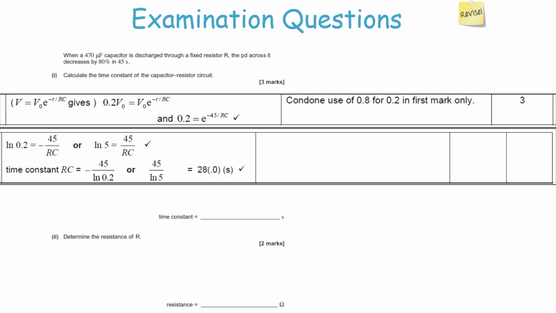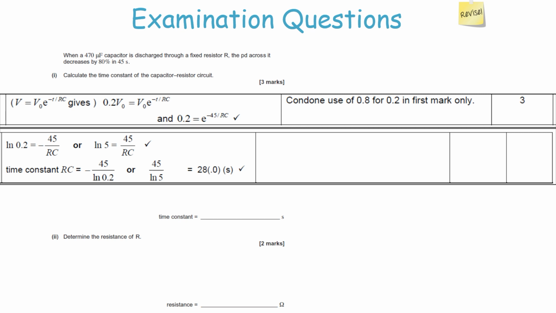So at that point we can then take V0 to the other side, so it'll be 0.2 V0 over V0, and therefore the V0s cancel through, so you get 0.2 is equal to e to the minus t over RC. Now t is equal to 45, so you then take the natural log of both sides, as that removes this e term, so it goes ln 0.2 is equal to minus 45 over RC, because